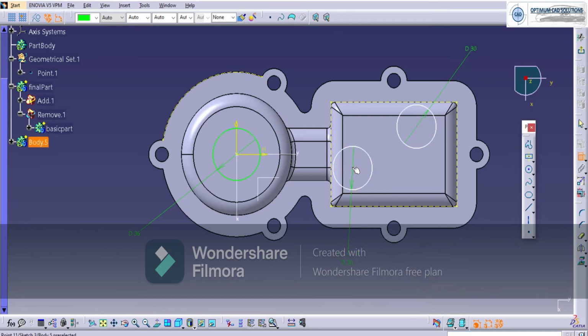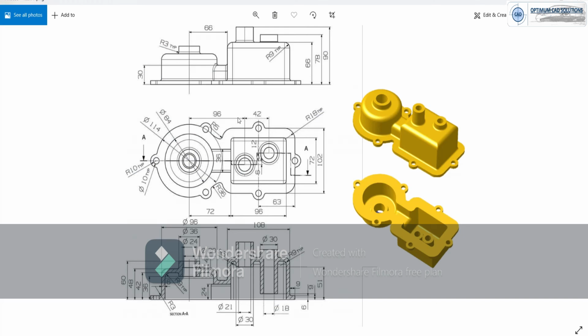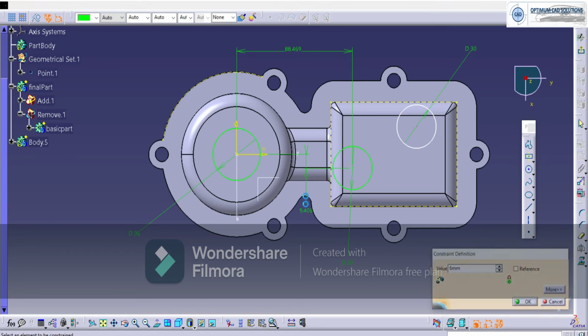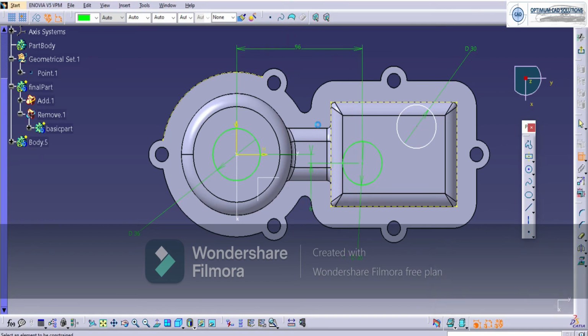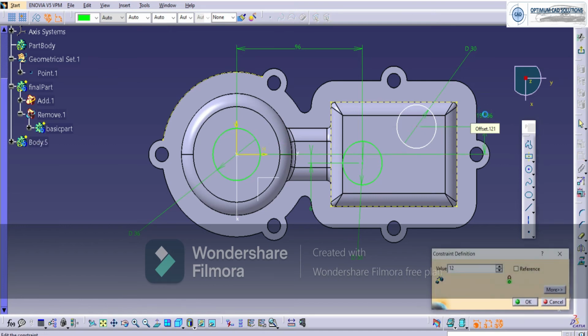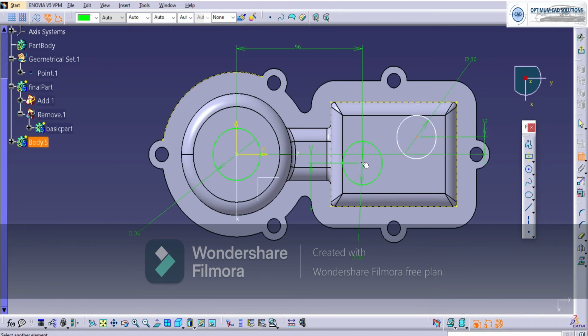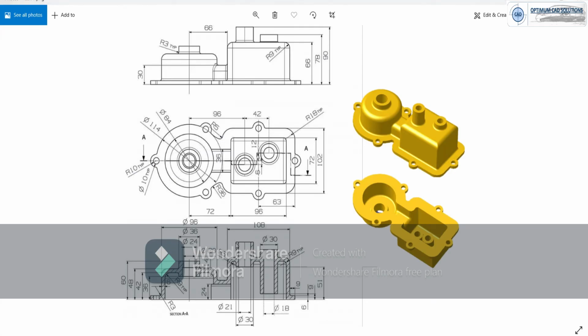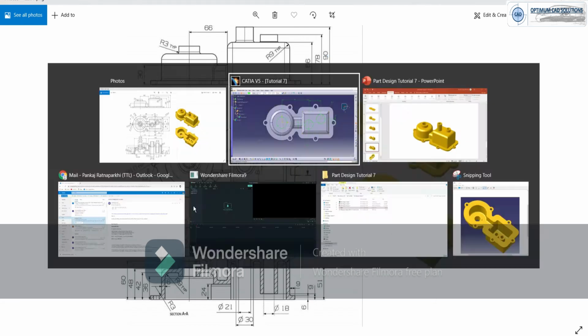Both have an OD of 30 mm and the center is offset by 12 mm here and 96 mm from the origin of our center circle. And similarly this is an offset of 42 mm and at the upper side it is 12 mm.